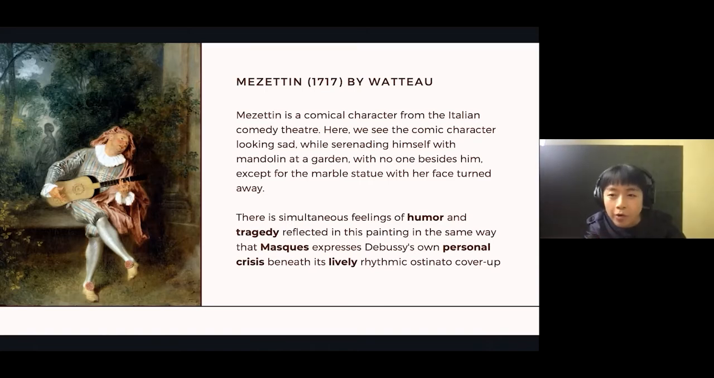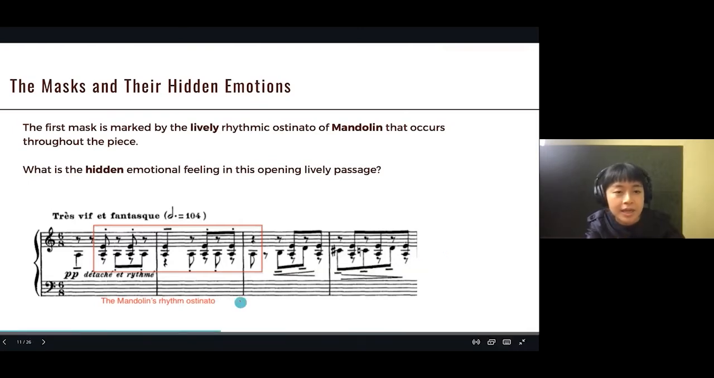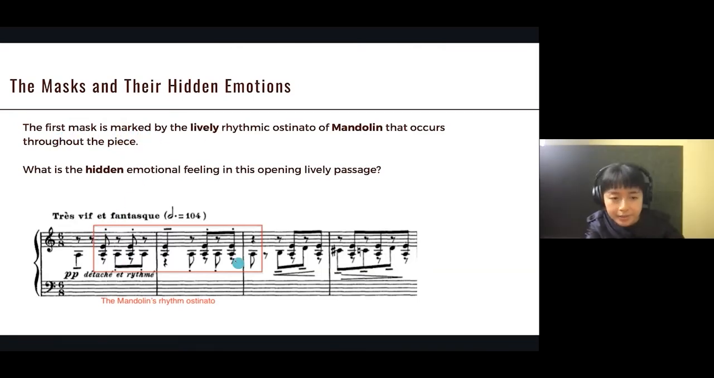That the rhythm of the mandolin is very clearly heard. So now we're going to talk about the music very specifically. And here is the first masque. Okay, and right from the very beginning, the first masque is marked by the lively rhythmic ostinato of mandolin that